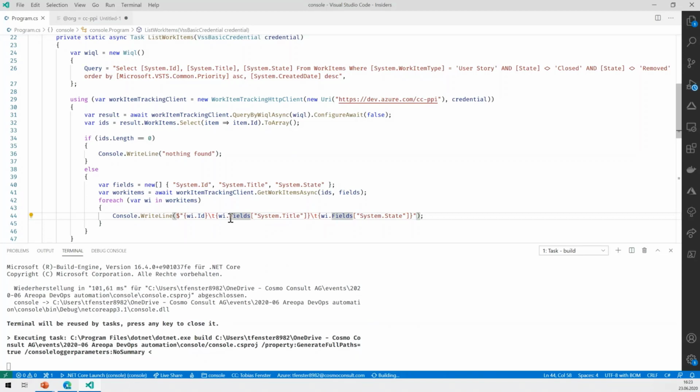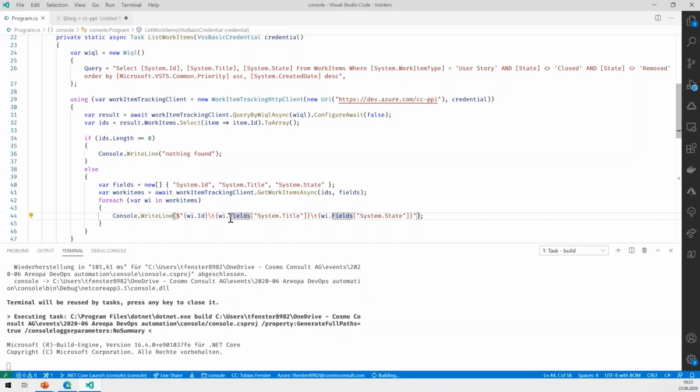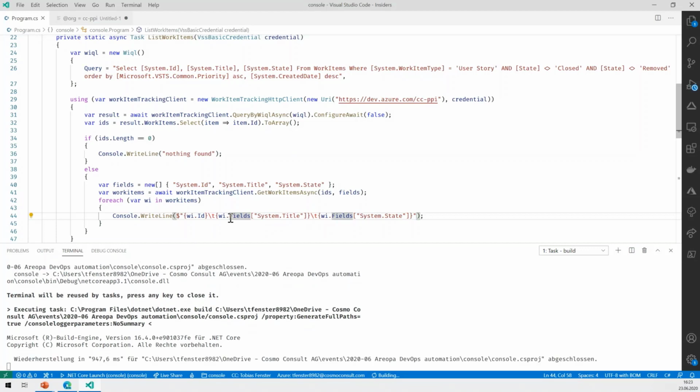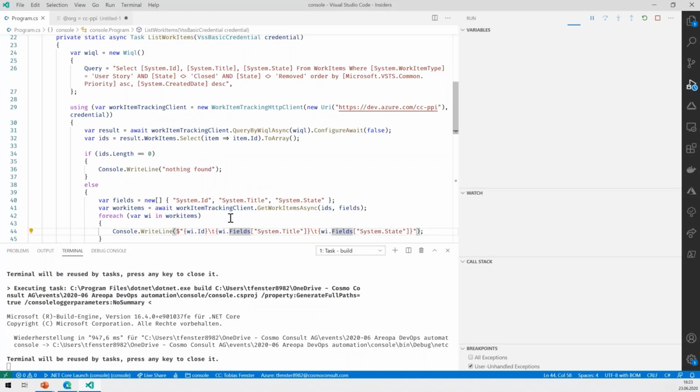So if you want to generate a console application or a web application or whatever your target scope is, you could use C# to do that as well. So the compilation is done, and it should hopefully start in a second. Oh no, it's not yet done. Now it is. The debugger opens up.